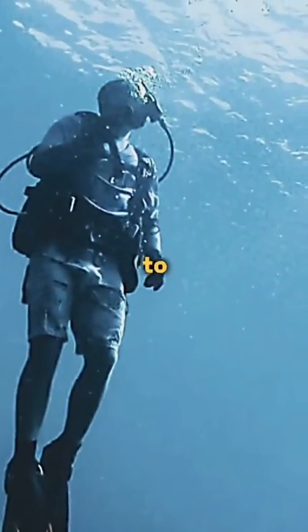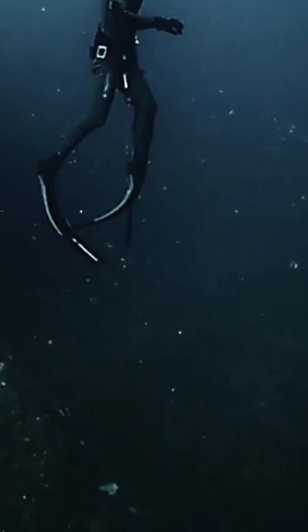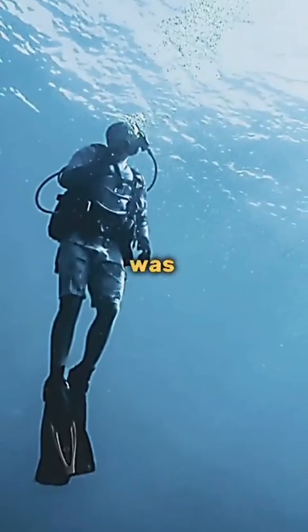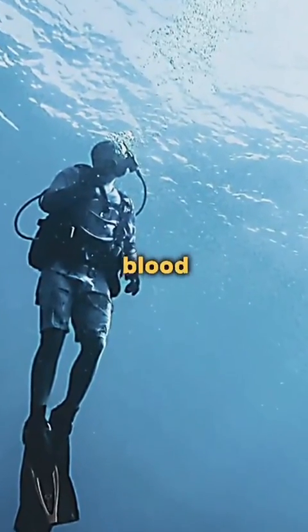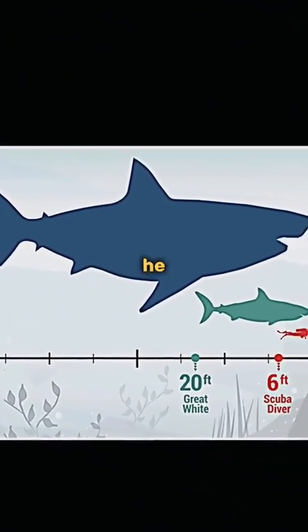Right before he was about to go up for air, he heard the sound of metal banging loudly just below him. He could not go down much further. He was already 600 feet down. As he was ascending, he peered into the cage and his blood froze. In the far distance, he had spotted the silhouette of a shark. The shark must have been at least 70 feet in length. He was not able to get a